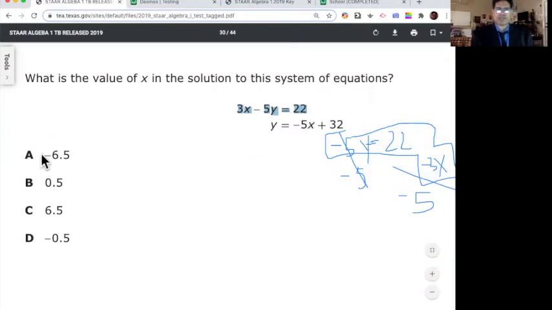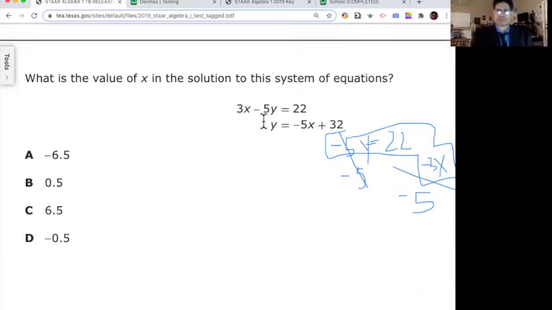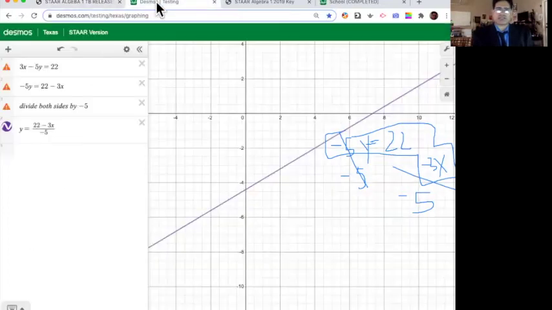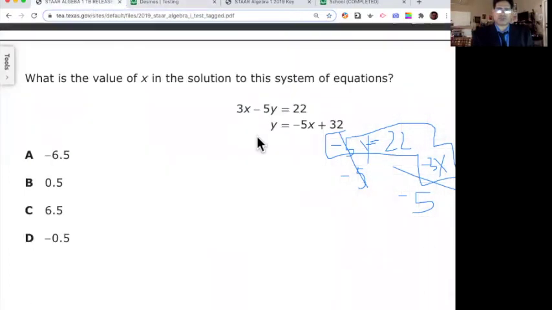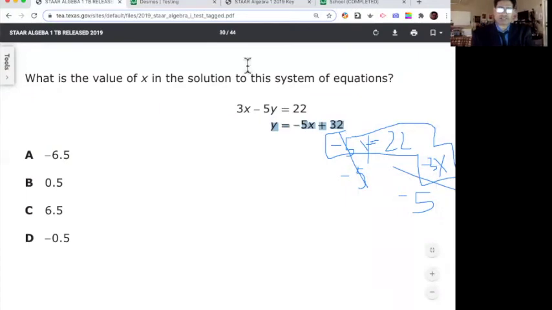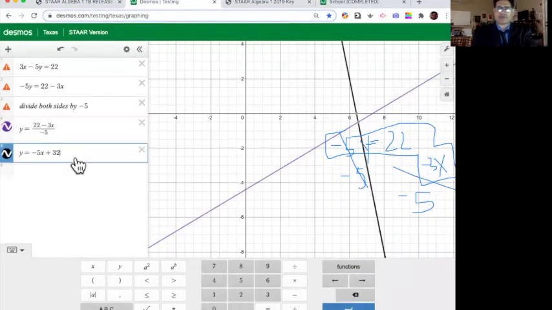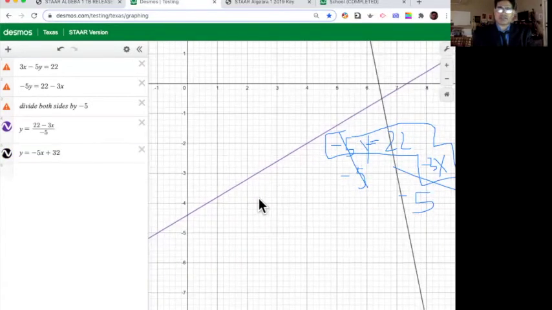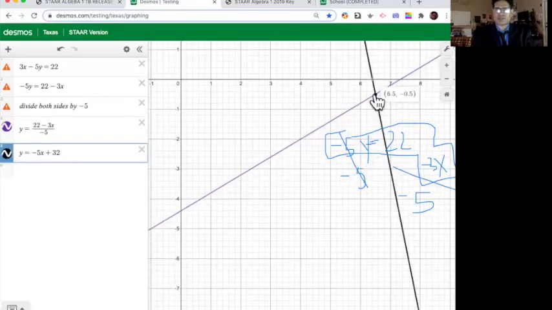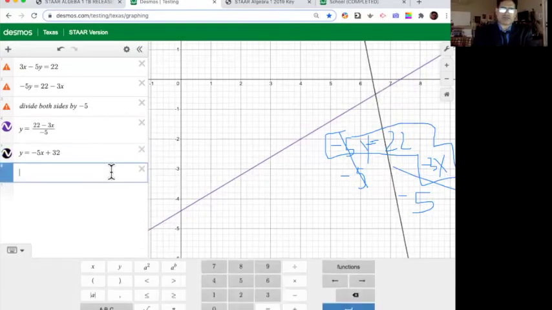All right, and eventually one of these is going to be able to go in there and we'll be able to solve for both equations. So equation number 2 says y equals negative 5x plus 32. We got that y by itself, and this one is already by itself. And you see how quickly it generated the line? So wow, that's fantastic. So I have that the solution set is, and I'm going to make a note to myself, solutions